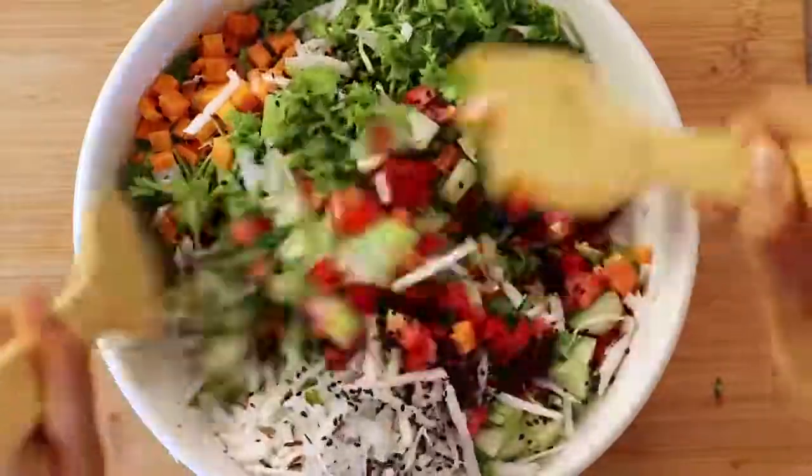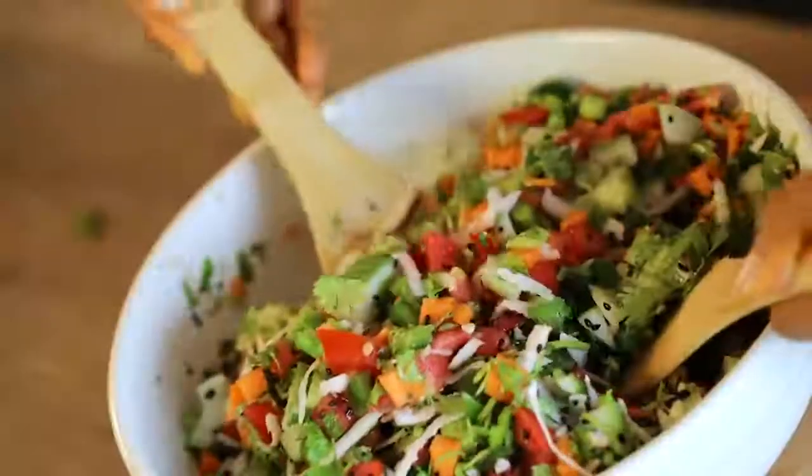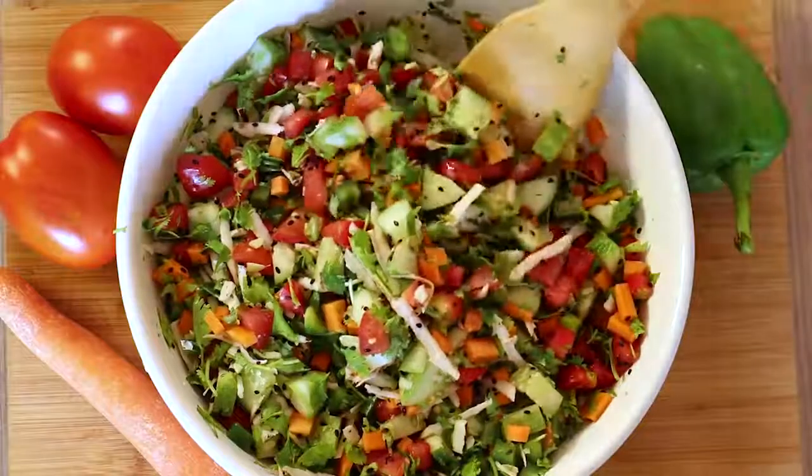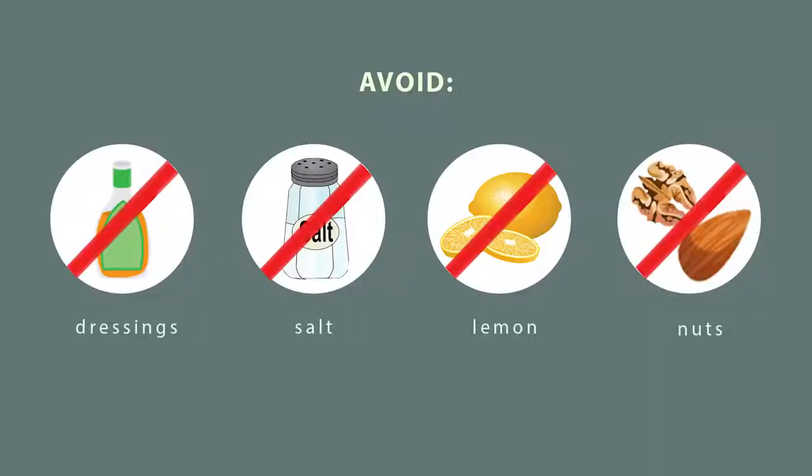Yes, I do know that this one is a very simple salad. Out of all 6, this is probably the cleanest and the healthiest kind of salad. And that's why it's called the classic Ayu Nature salad. We deliberately don't add any dressing or salt, lemon, nuts to it. Remember, if you're in the curing stage, you should avoid nuts and seeds as much as possible. And ideally, salads should be eaten without combining them with lemon and salt. I'm saying this again and again because it is important for you to know. Yet, the coconut and coriander give it a delicious fresh flavor. Remember, you can, in fact, you should tweak the ingredients according to your season and region.